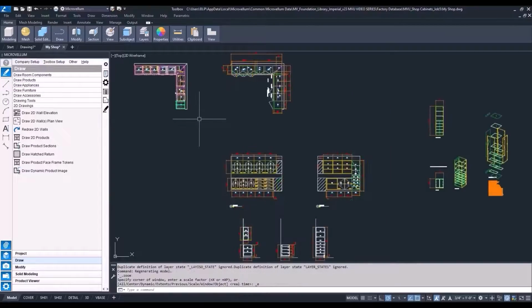And that's the basics of using Microvellum's 2D drawing tools. There's going to be more videos where we go deeper into 2D drawings, like working with custom drawing tokens and annotations. But for now, hopefully that helps give you the tools needed to put together an accurate and professional set of shop